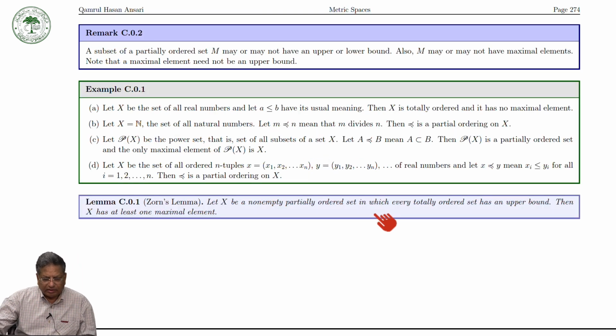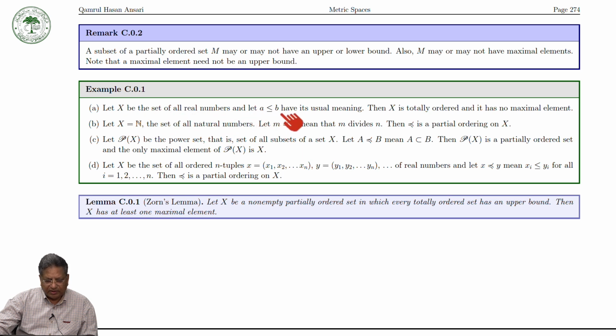Then a subset of a partially ordered set M may or may not have any upper or lower bound. Also, M may or may not have a maximal element. Note that a maximal element need not be an upper bound. For example, we consider here, let X be the set of all real numbers